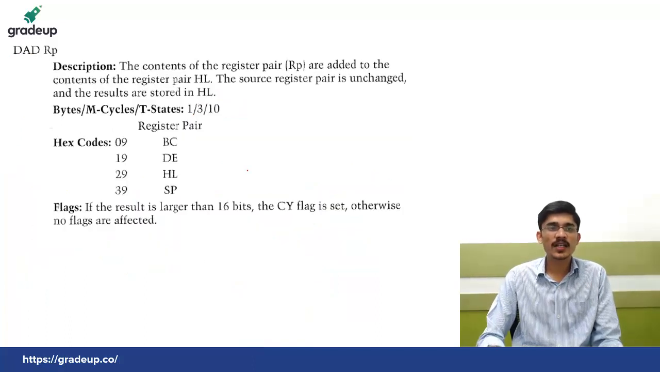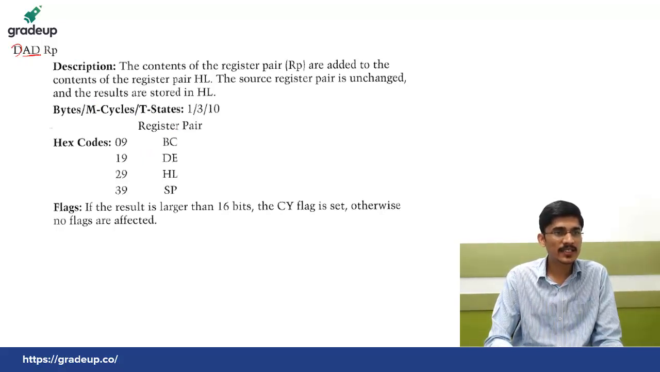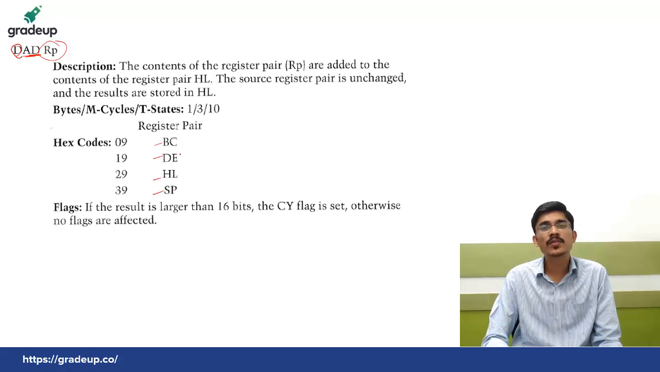So let's move to the next instruction, which is DAD register pair. DAD is the double addition. The D indicates double and AD indicates addition with a register pair. So what are the valid register pairs used here? See guys, in the exam they may ask you what the valid register pairs are for the DAD instruction. So for any instruction, be alert about which registers can be used